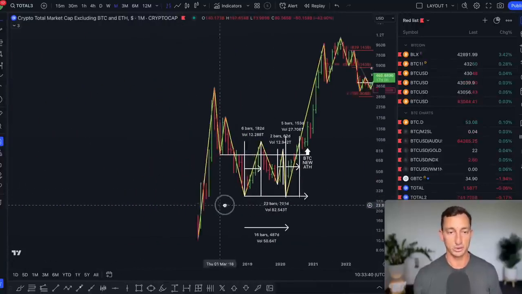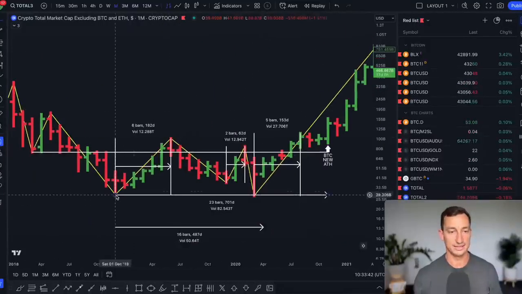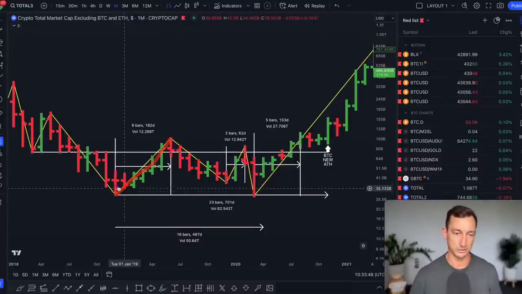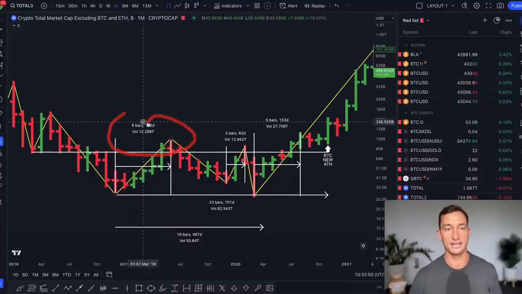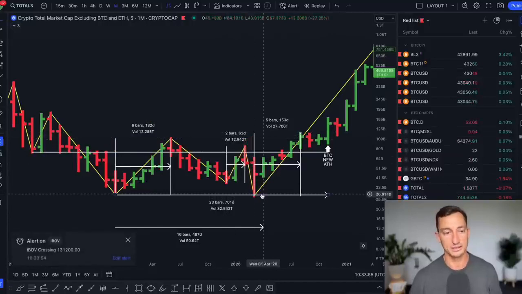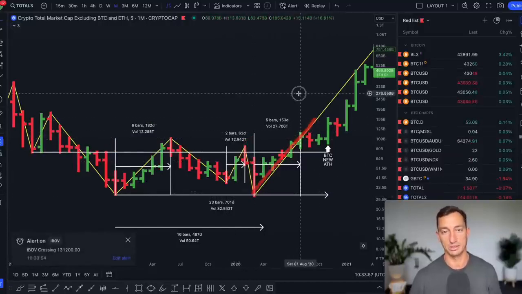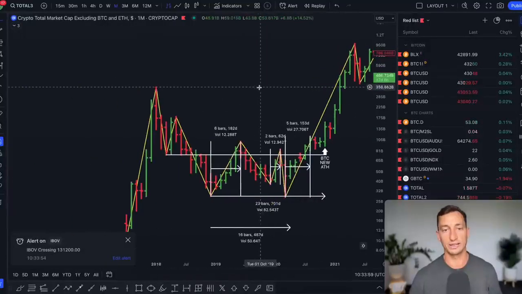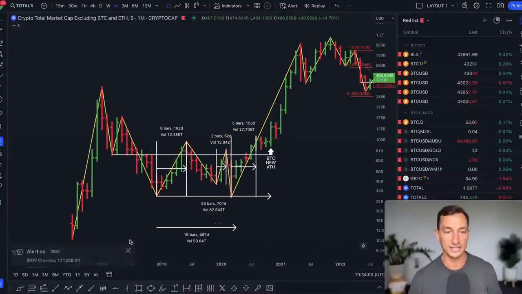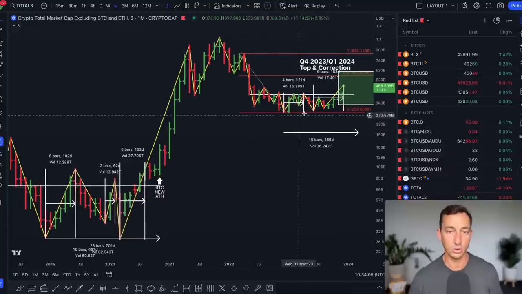And if you go back to the previous cycle, we had 6 months up. So that was that move of Bitcoin going from 4 to $14,000, basically 3,200 to 14. There's your 6 months up. And then we had a couple of months before COVID. And then we had 5 months up. So really, we're coming towards the end of any of these moves within the accumulation area of the altcoins.